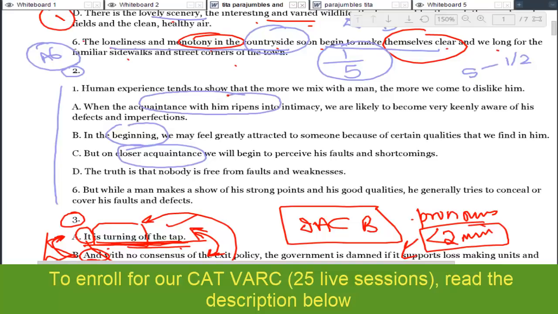So we know that B is the beginning, C is the closer acquaintance, and A is what? The ripening of the acquaintance. And finally, what do we have? We have the truth in the end. The truth is that nobody is free from faults and weaknesses. But while a man makes a show of his strong points and his good qualities, he generally tries to conceal or cover his faults and defects. So basically, we have B, C, A, D, 6, and 1. This is how we have to